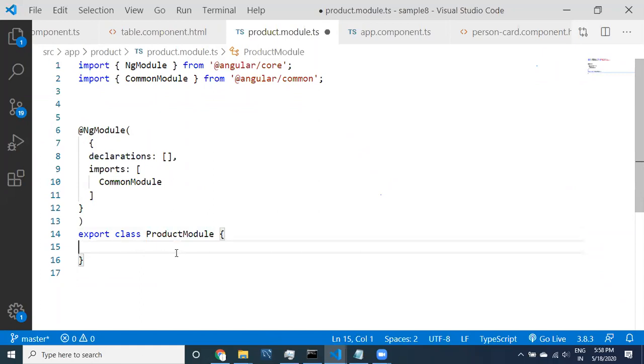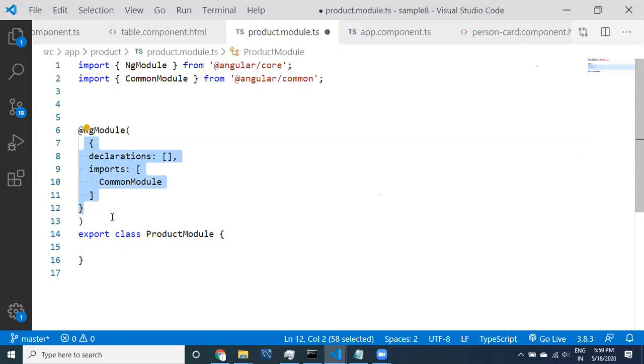You are not extending or implementing anything in this class, but the important information is the annotation, the decorator. What is the decorator? NgModule decorator. If you open the NgModule decorator, it contains declarations as well as imports. Let's look at it, guys. NgModule is a decorator, right?